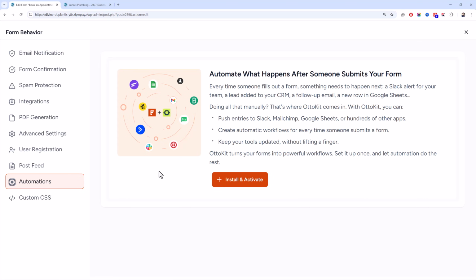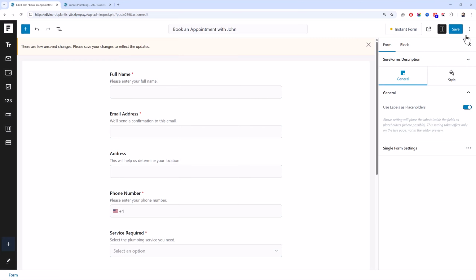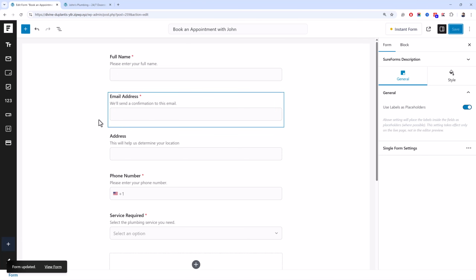And there are automations that you can perform using the automation plugin. Just click on install and activate, and it will install AutoKit plugin that will help you create amazing automations for your form. And here you can input some custom CSS if you want to add to that form. Once done, just click close and hit save changes.